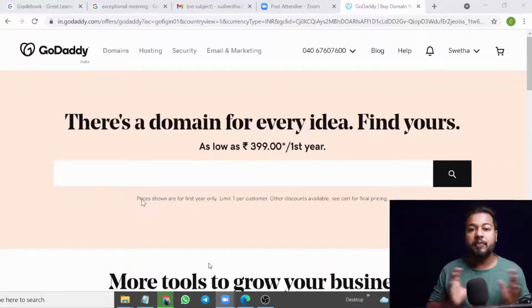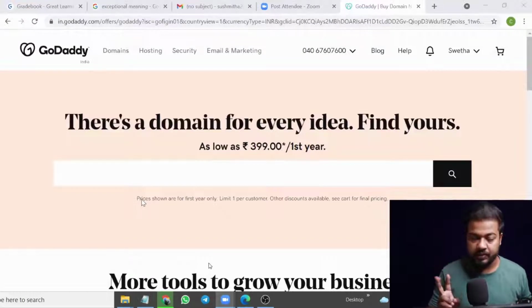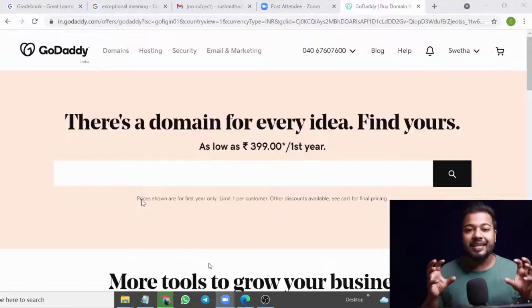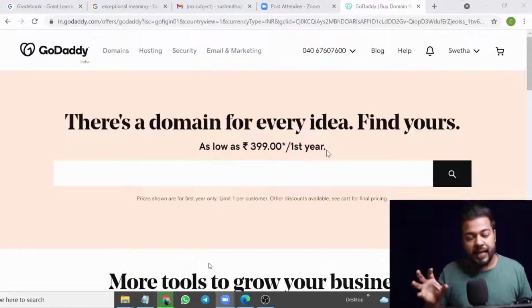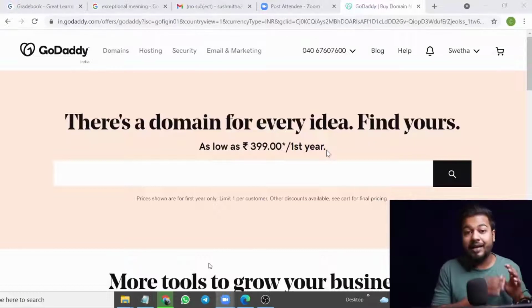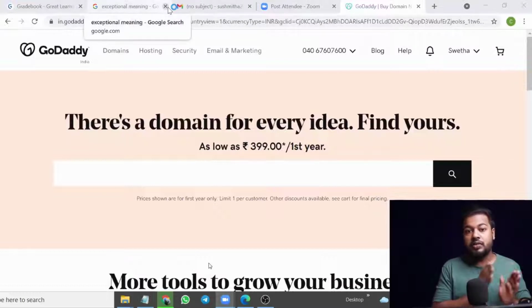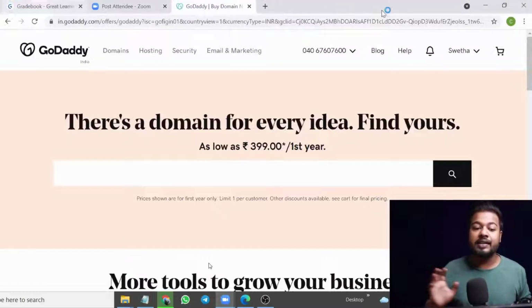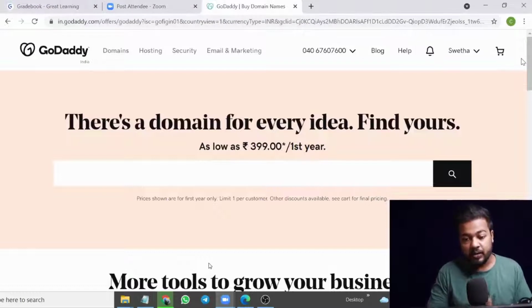We are going to set up a website in WordPress, and for that we need two things. The first is your domain, the second is your hosting, because we are going to interlink these two. The domain name is your name that will be reflected on the internet, and the hosting is the place where you are going to save your data, like your text, your coding, your videos, your graphics and other stuff like blogs. That will also be stored in a place on the internet. We call that place hosting. So here we require two things, the domain and the hosting.